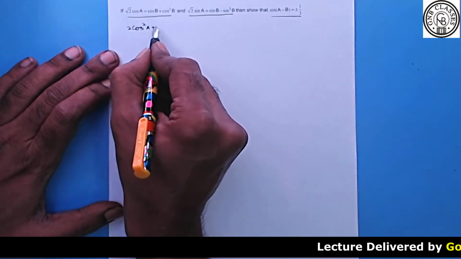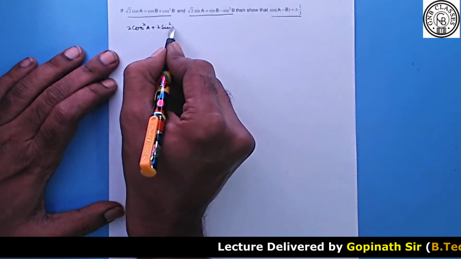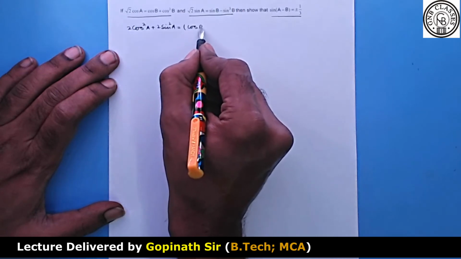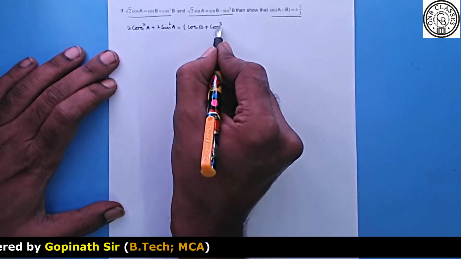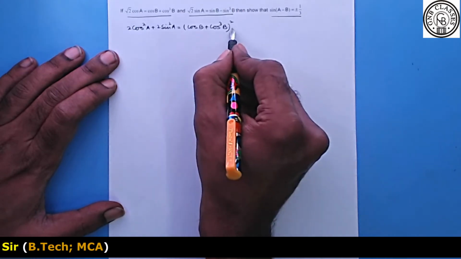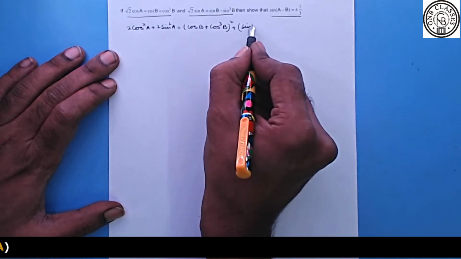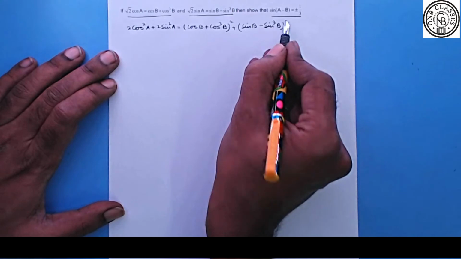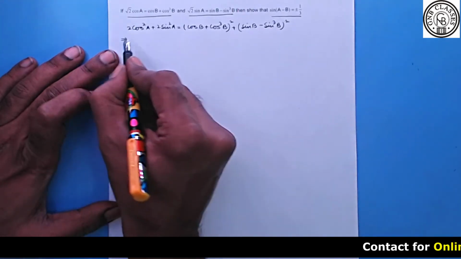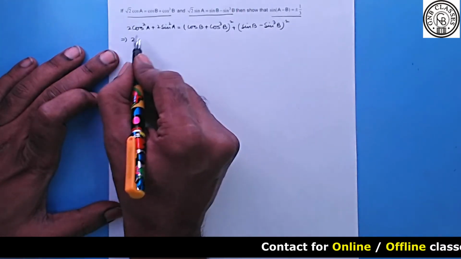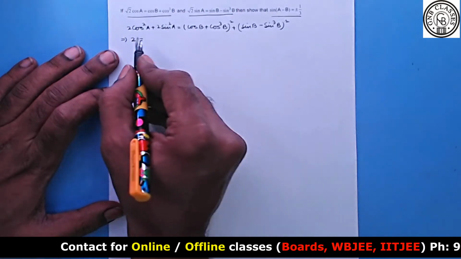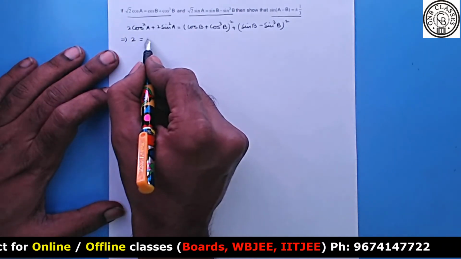2 cos square A plus 2 sine square A is equal to (cos B plus cos cube B) whole square plus (sine B minus sine cube B) whole square. Okay. So on the left hand side, if I take 2 common, it will be cos square A plus sine square A, which is 1. And if I open the brackets, we are going to have